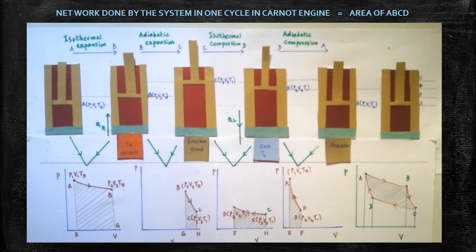So in this process, the net work done by the gas can be calculated. Here, first PV diagram, second PV diagram, third PV diagram, fourth PV diagram are drawn. After connecting all the things, here look at the shaded region. So this is the area available within A, B, C, D. So this is the area that gives you the net work done by the gas in one cyclic process. In one cycle, the work done by the gas can be calculated by calculating the area. Are you clear? Within A, B, C, D, this portion is there, no? This area is to be calculated. That area gives you the net work done by the gas. Okay.